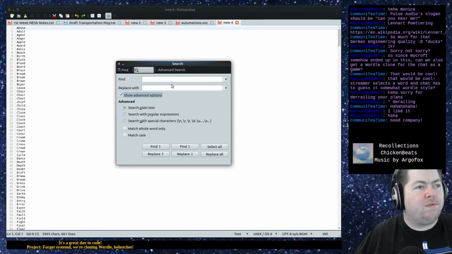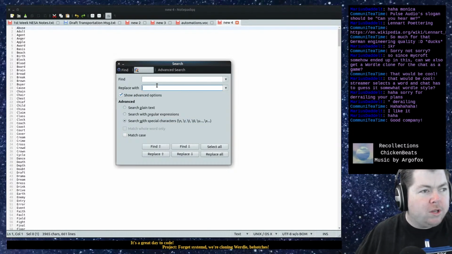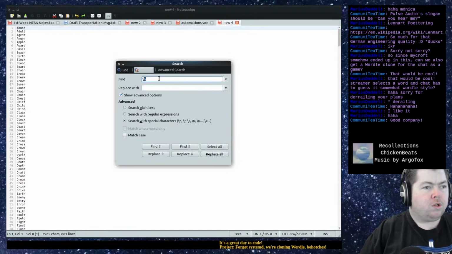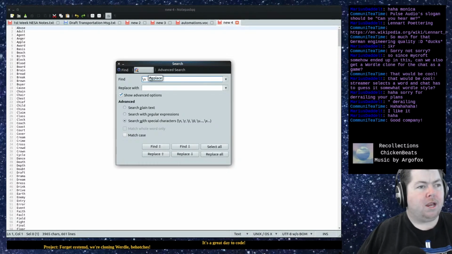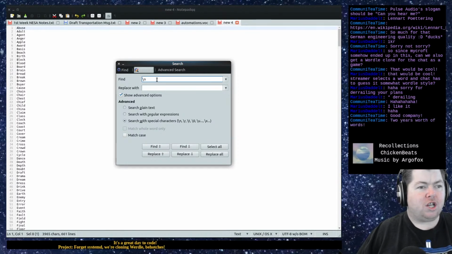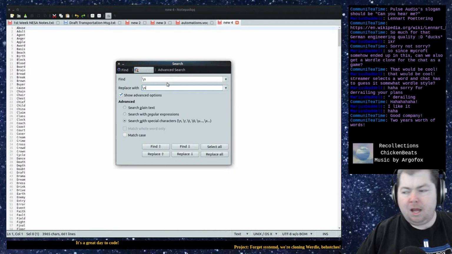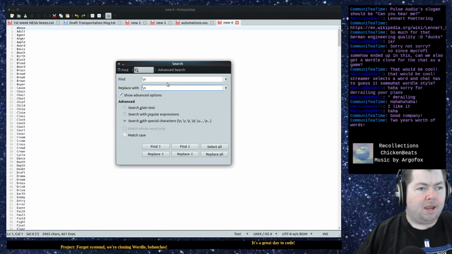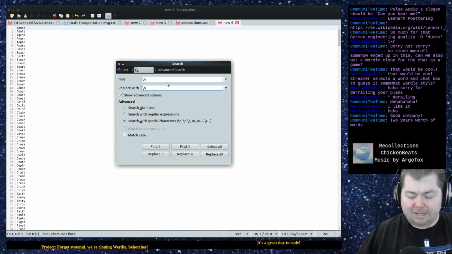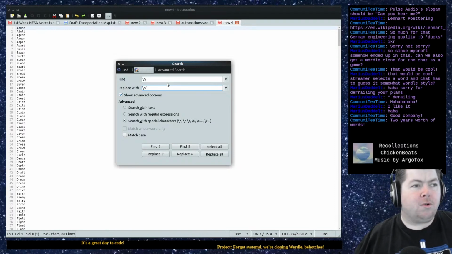All right, so we're gonna show advanced options. We're going to search with special characters, and find \n, which is the character code for the next line. In Linux we use \n, in Windows it's \r\n, but we're in Linux as God intended, so we're just going to use \n.